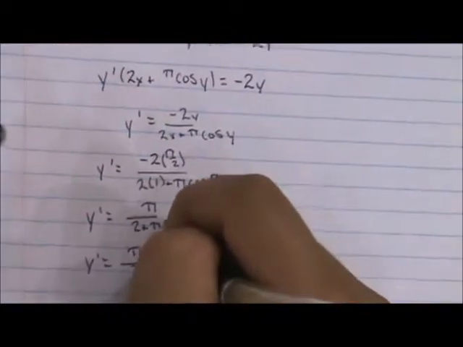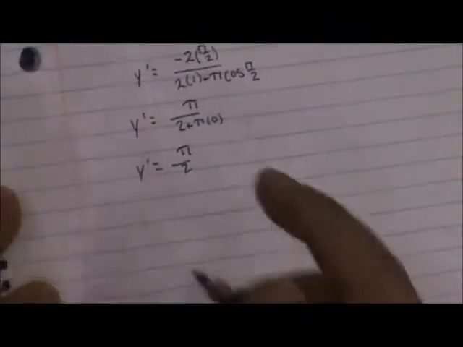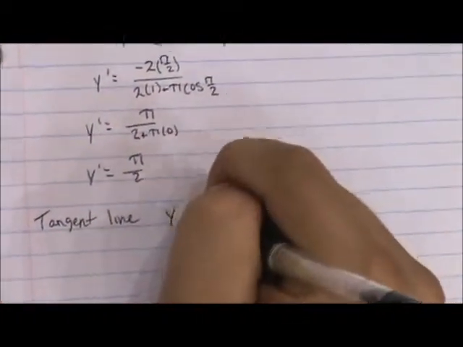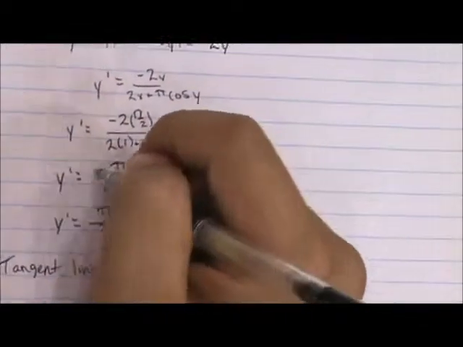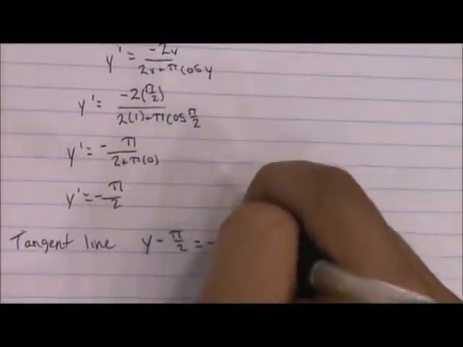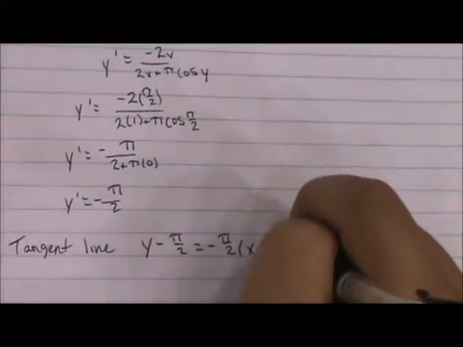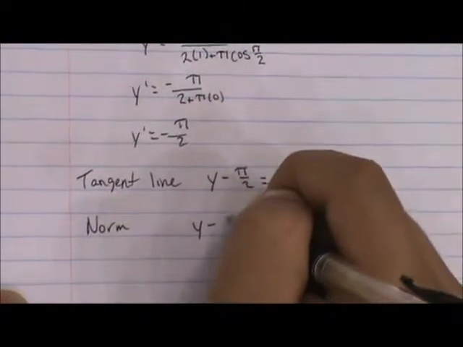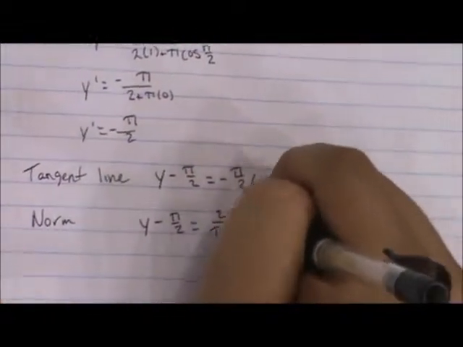So the slope of your tangent line is y prime equals pi over 2, and you're able to plug in the point slope equation so that you can get to the tangent line, which is y minus pi over 2 equals, I'm sorry, I forgot to keep the negative, equals negative pi over 2 times x minus 1, and the normal line is